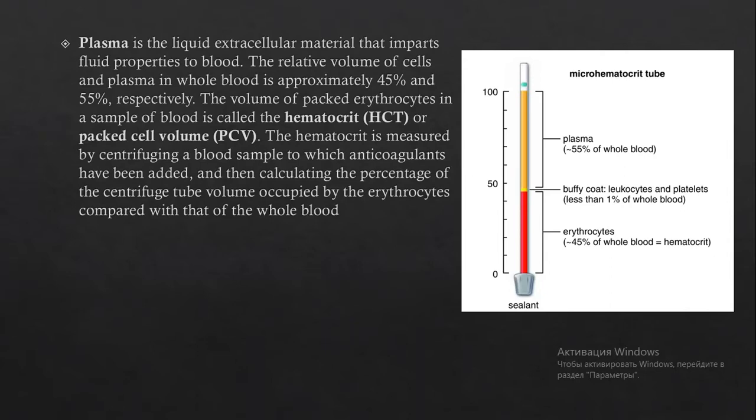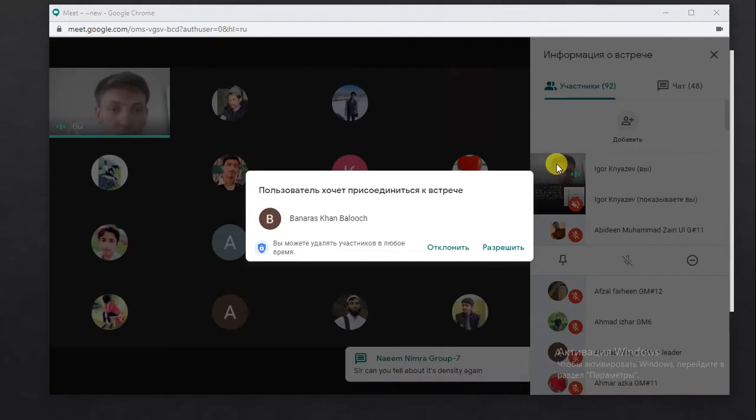When erythrocytes die, the bilirubin produced is dissolved in the plasma. So plasma composes 55%